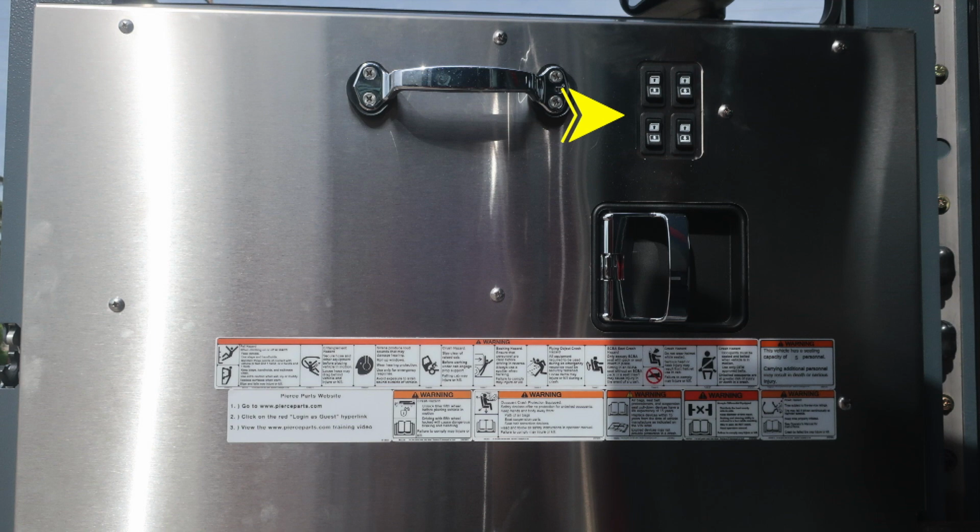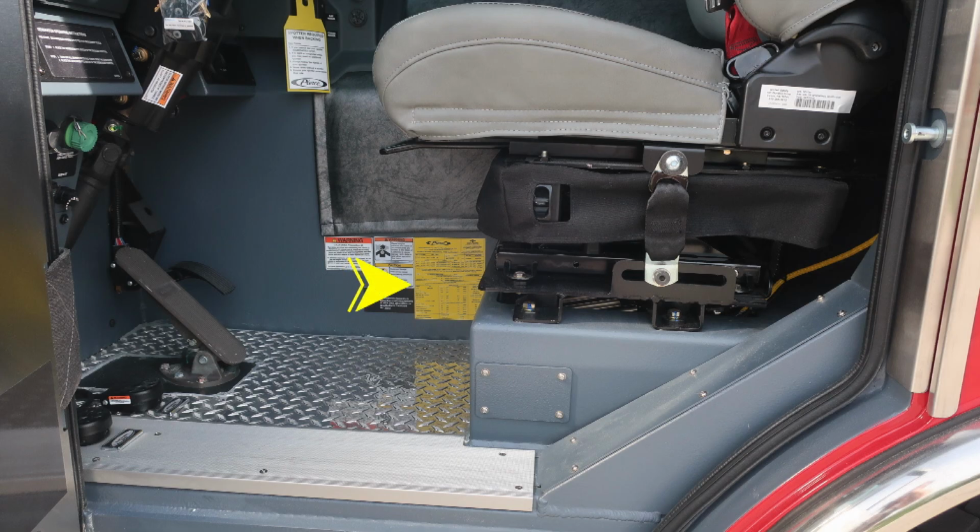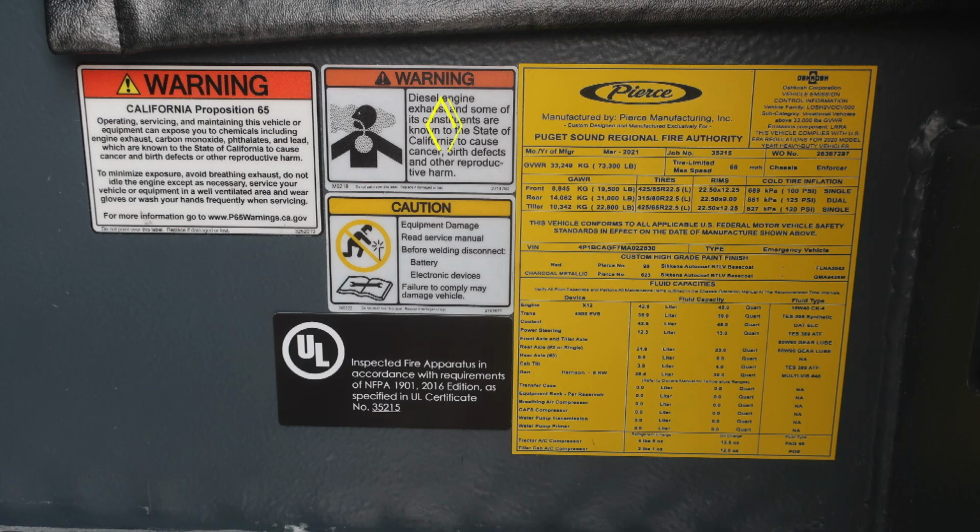Let's take a general view here into the cab area. Let's first start with this yellow placard located on the vertical wall of the engine cowling. And then also comfort controls for your seat: air ride, front, and also tilt. Let's move back to that yellow placard. This is the manufacturer's placard for your department from Pierce, indicating the date of manufacture, 5-digit job number, gross vehicle weight